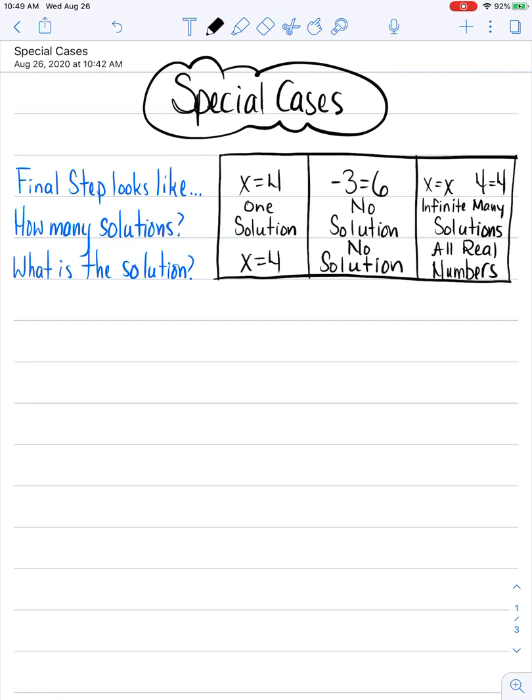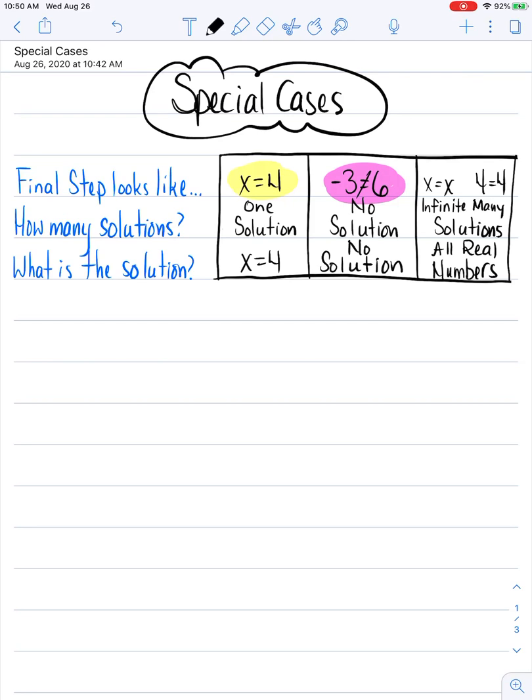Now, we're going to take a look at the final step or the answer, and we have new ways to interpret that. For example, if I end up with one letter equal to one number, that equation has one solution, and that solution is 4. Now let's take a look at a second situation. Let's say I end up with two unequal numbers. -3 can never equal -6, so that equation has no solution,